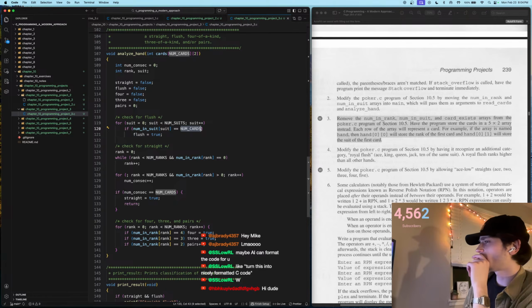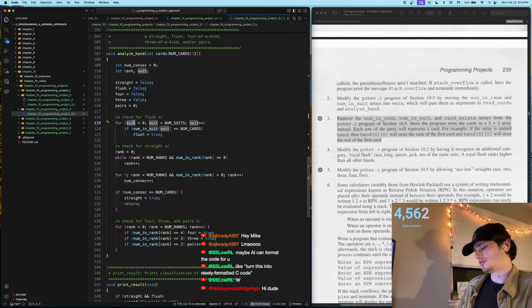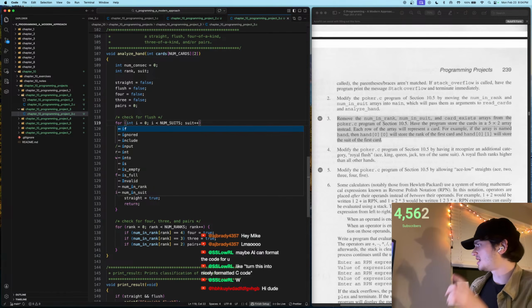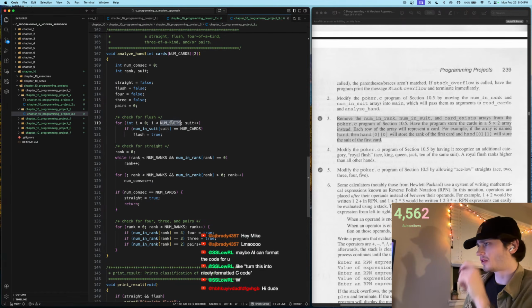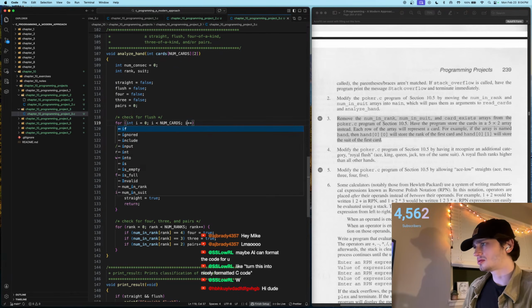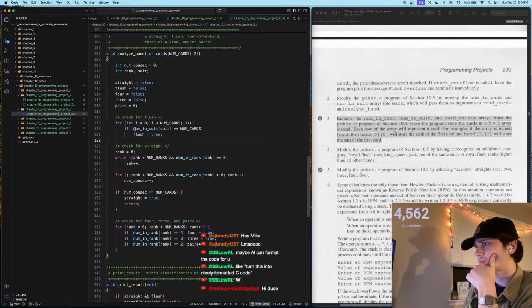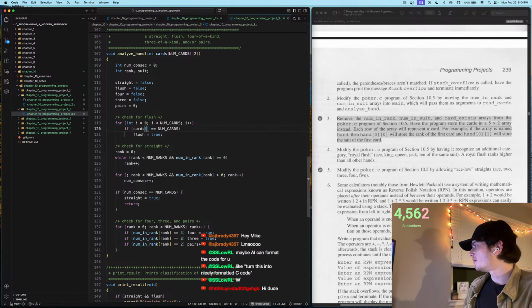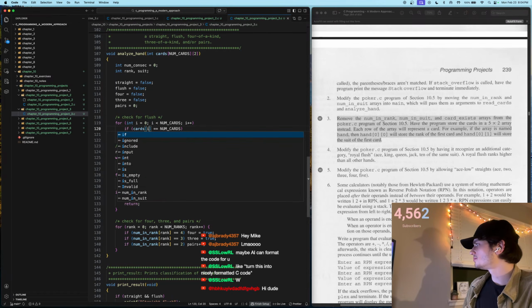Right, so then we would have to just do a single loop here for i. So int i equals 0, while i is less than the num cards. We're going to go over our num cards, right? And we're going to increase i throughout the whole thing. If cards index of i